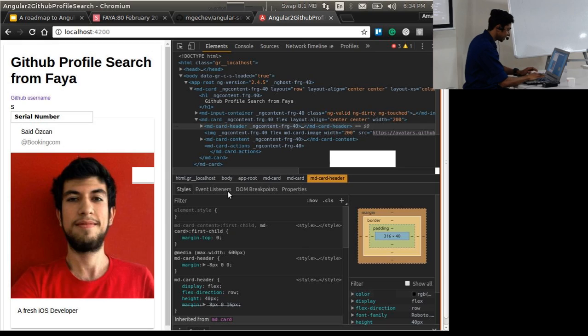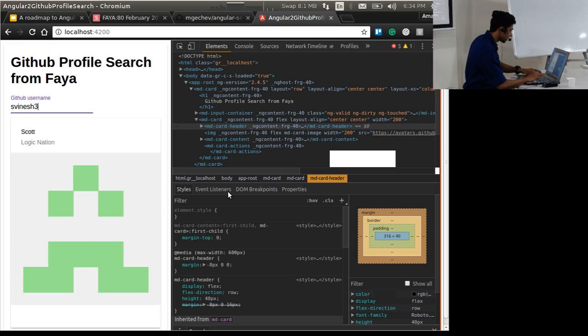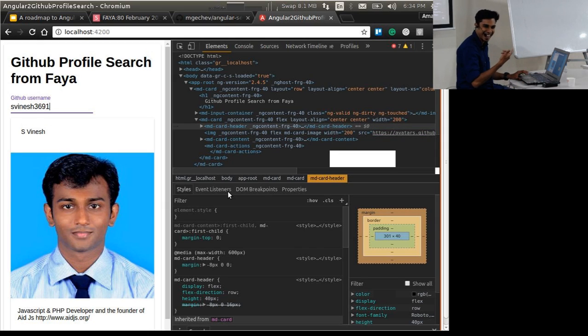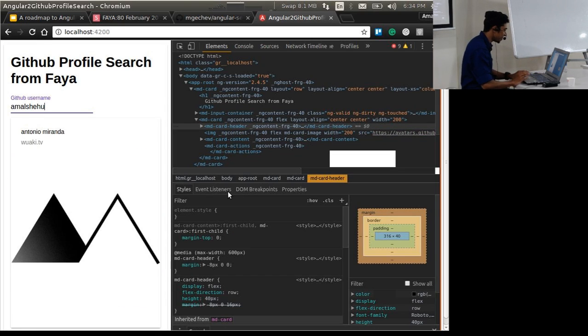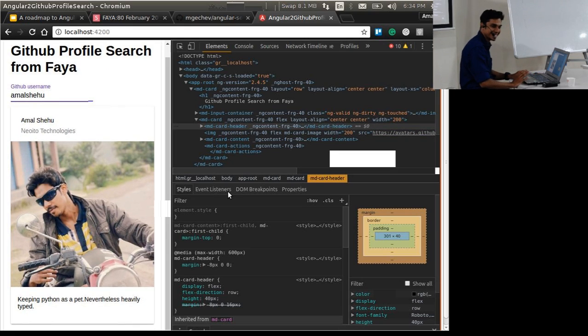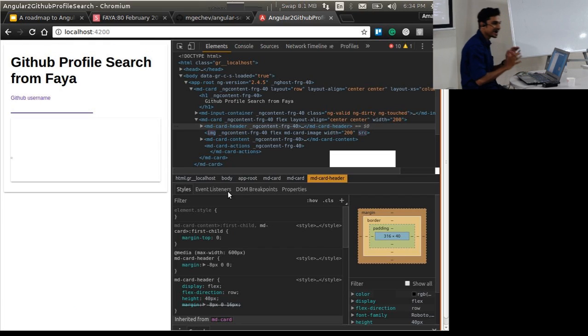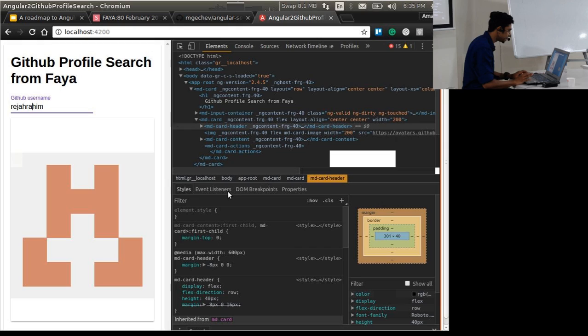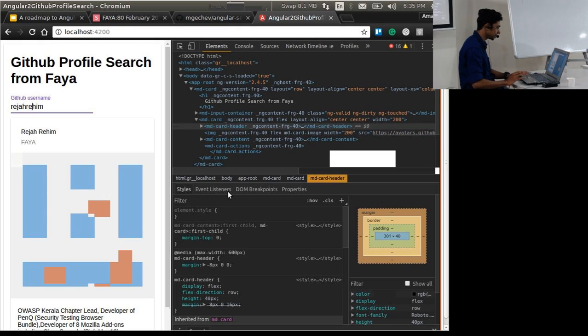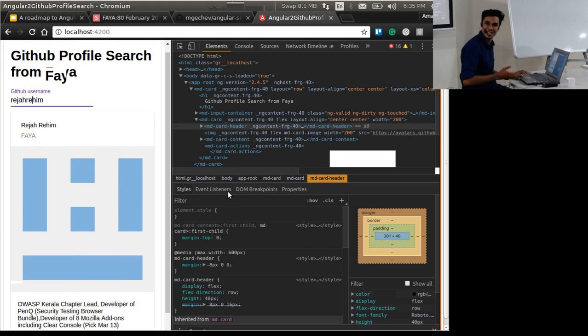S. Vignesh. Three, one. My boy. Yeah, it's mine. Does anyone want to check? His photo is not coming, but